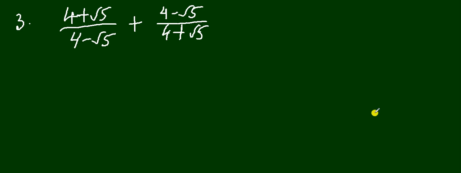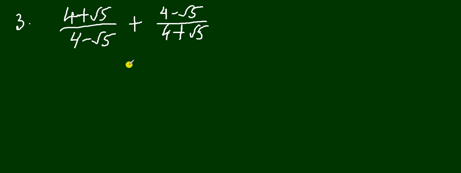So this is a question where I am having two different fractions with an addition sign. So we try to rationalize the denominators, or the question can be simplify the expression. Okay, so there are two methods now. So one method is I can try to solve this separately and this separately and then combine both the answers,